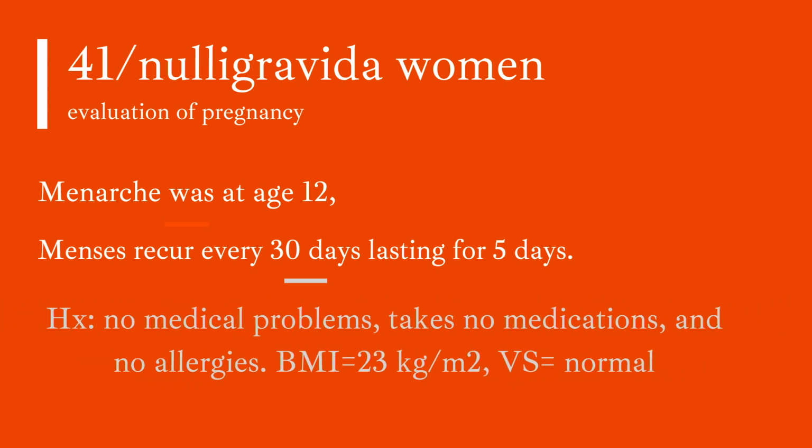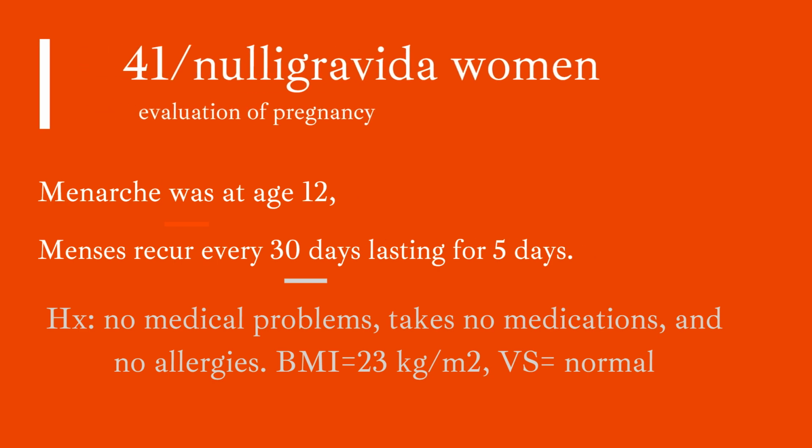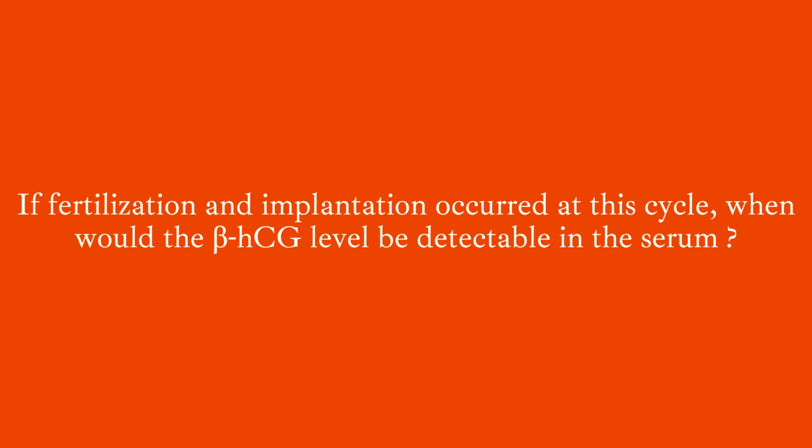She has no medical problems, takes no medications, and has no allergies. BMI is 23 kilograms per meter square. Vital signs and physical examination are normal. The question is: if fertilization and implantation occurred at this cycle, when would the beta-HCG level be detectable in the